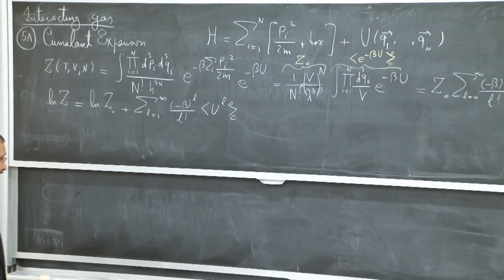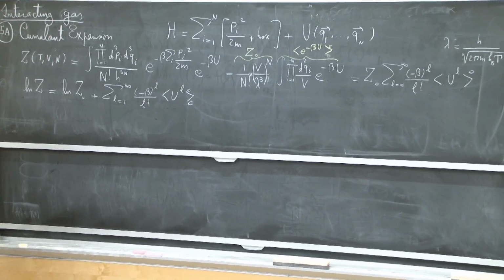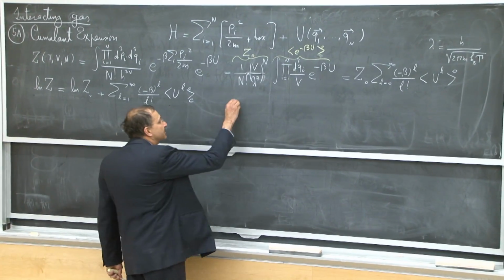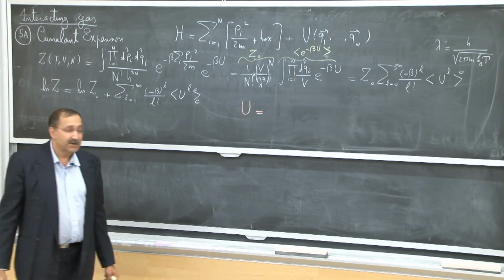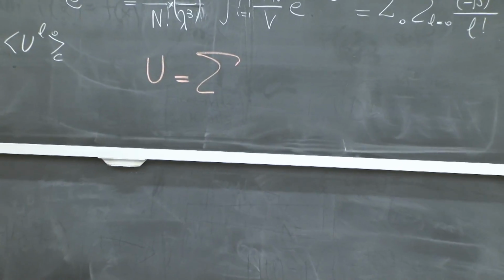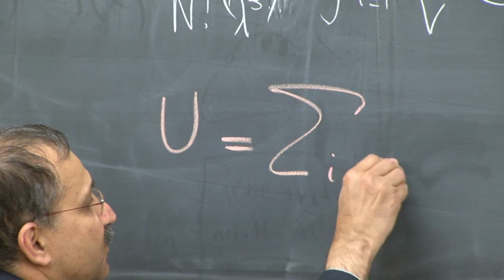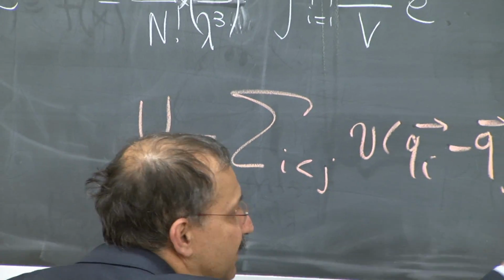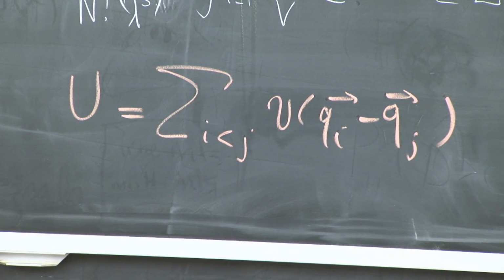Now, at this point, we have to start thinking about a particular expression for u. So let's imagine that our u is a sum over pairwise interaction. If I think about the molecules that are in the gas in this room, basically the most important thing is when two of them approach each other, and I have to put a pairwise interaction between them of this form. In principle, I could add 3-point and higher order interactions, but for all intents and purposes,